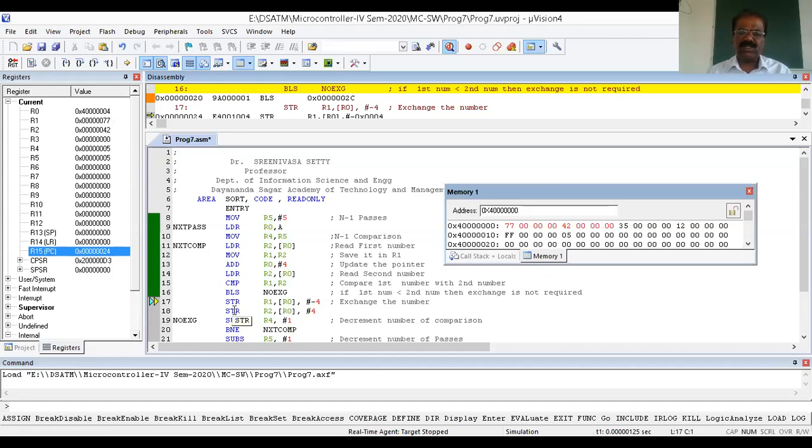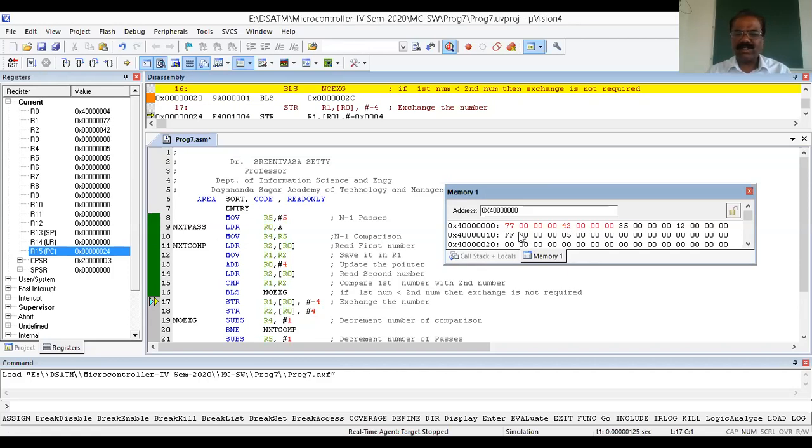Then I'm going to execute this instruction. Store the content of R1 to where? To a memory location. Which memory location pointed by R0? What is the value of R0? 404. Okay. Then the content of R1, which contains 77, goes to this location. So what is the initial value of this memory? 42. Just if you execute this, see, this 77 goes to this. Afterwards, it decrements R0 by 4. That is, 04 becomes 00.